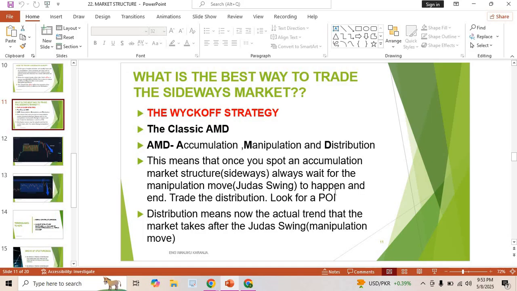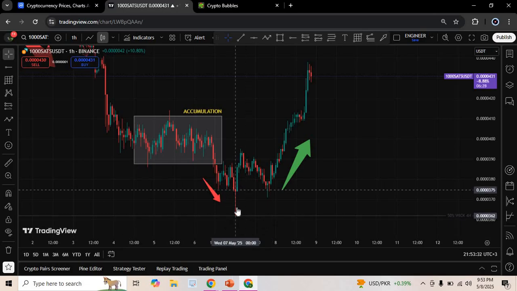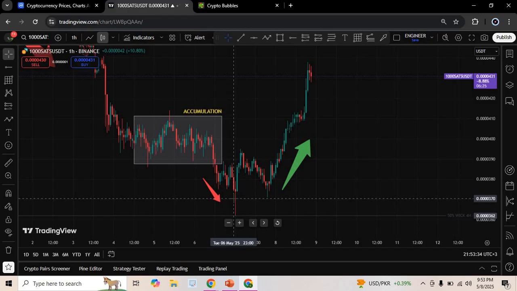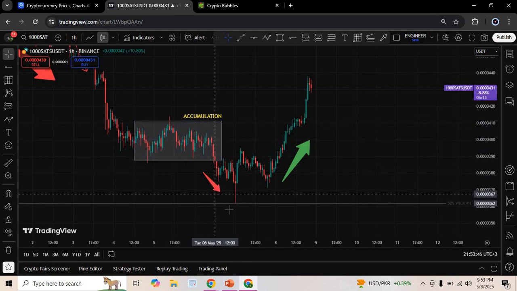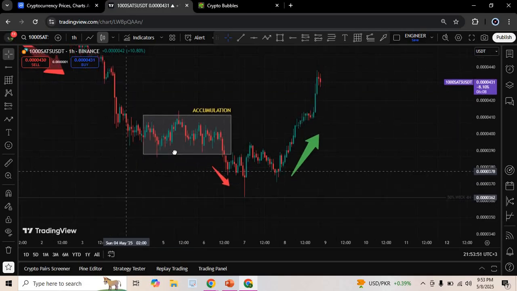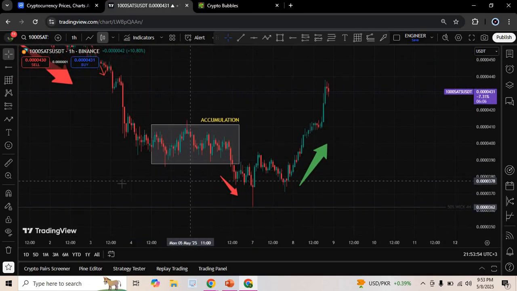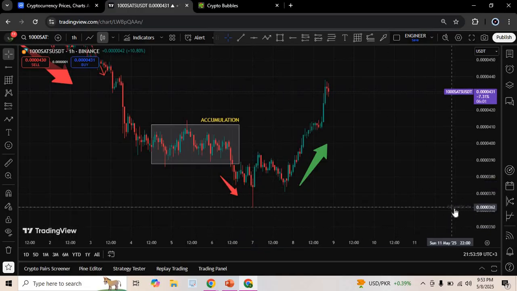Yes. So that long wick is now the Judas swing. This one right here. Yeah, the red one. Yes, it's a Judas swing. But you also notice, no wonder I said it's good for us to know all the POIs for us to understand. But for the purpose of this class, I just need you to understand. In this class, we can only call this a manipulation. So if you combine more confluences, you'll notice as much as this is a manipulation, we can actually know where that manipulation will end from. If you see this part, if you can see this part,